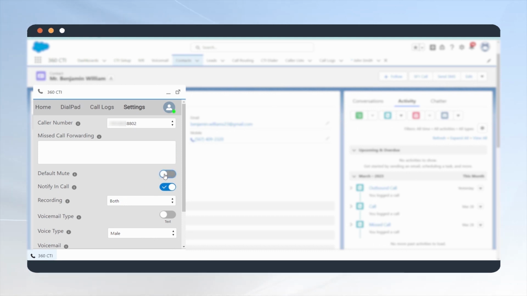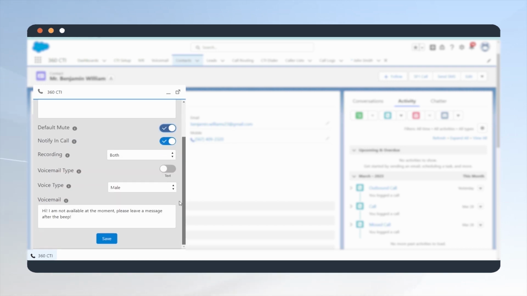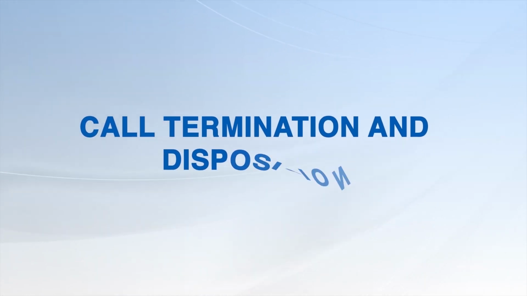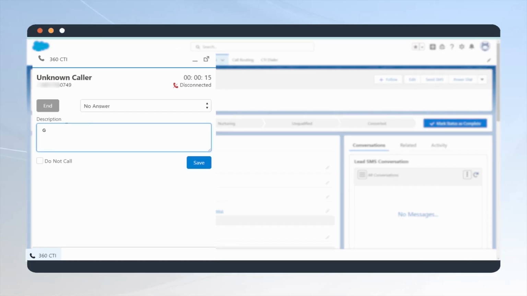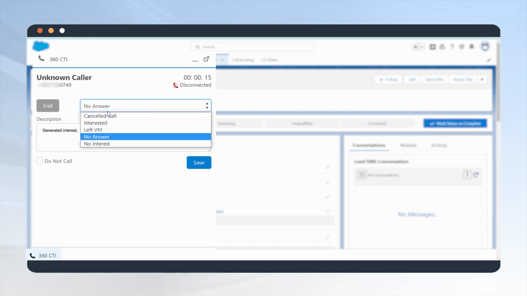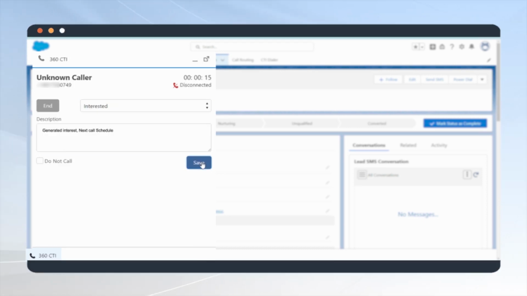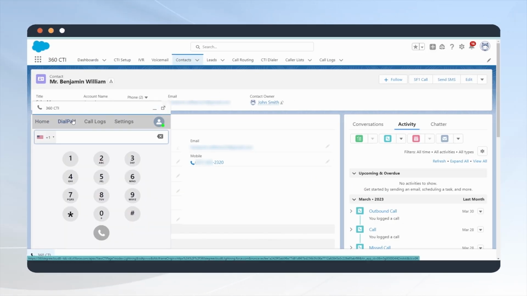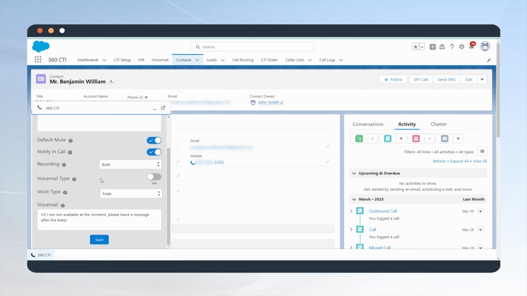Agents can also mute their mics by default, so incoming callers don't have to overhear office chatter when the call is picked up. Once any call ends, callers can choose to take down manual notes on reasons for ending the call or choose one from a drop-down. Now that we have seen essentials like the Softphone and its call controls in detail, let's